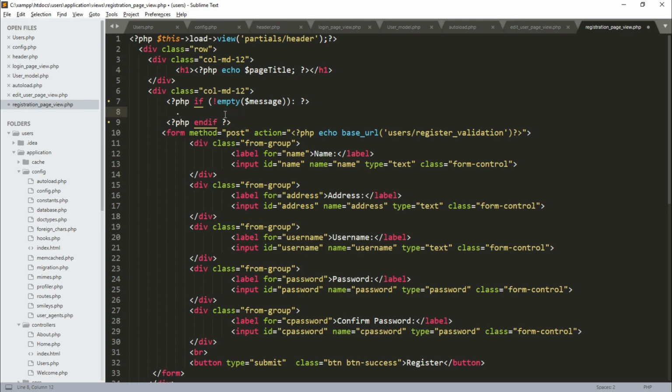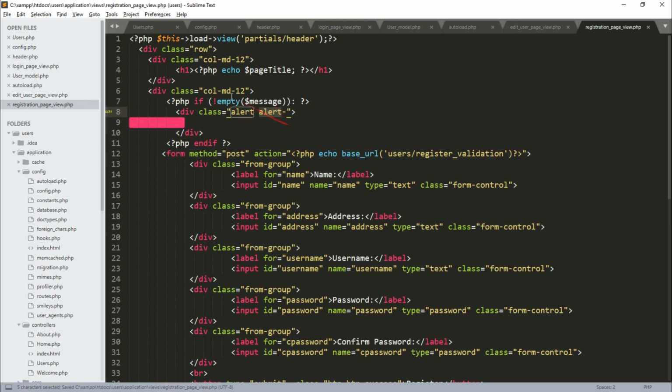We will show the notification, which in this case, since we are using Bootstrap, you can use the alert and the success or if there is an error. Okay, then in here we need to echo